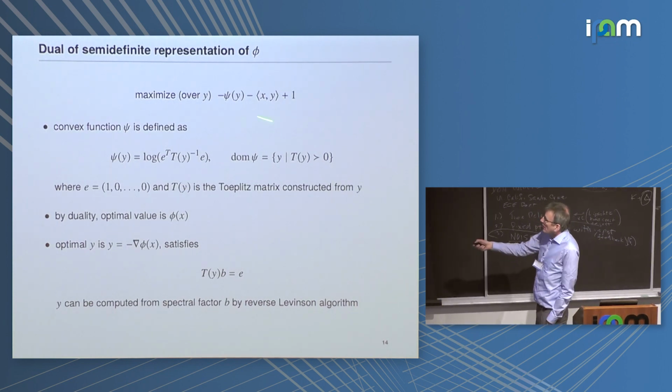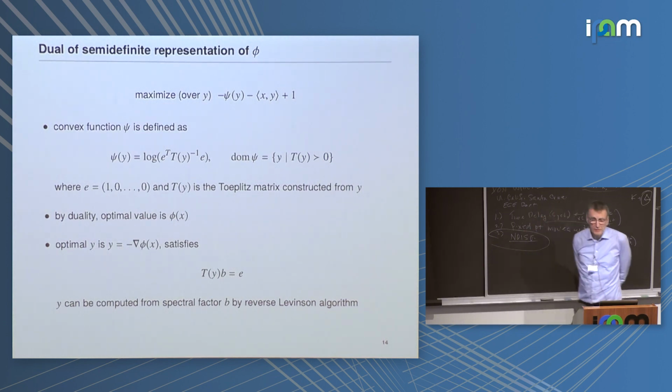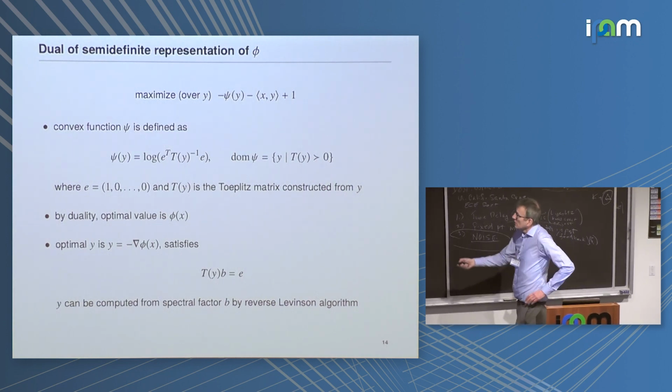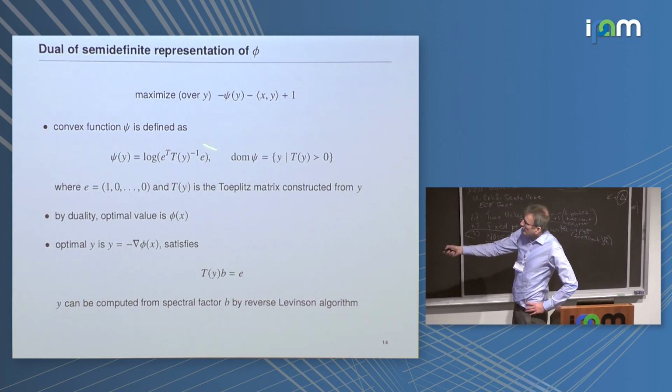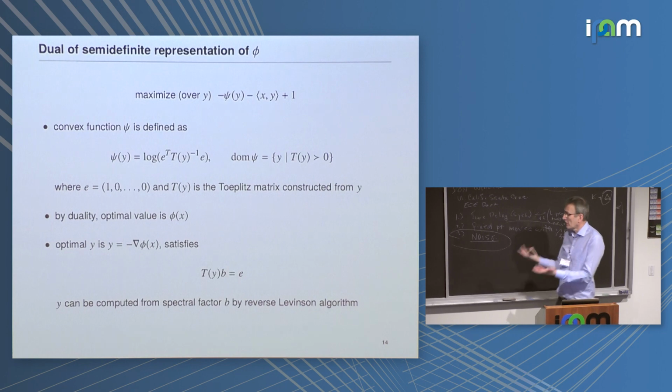And this function psi is defined like this. T of y is the Toeplitz matrix constructed from y. The domain of this function are the vectors y where that Toeplitz matrix is positive definite. Then this E transpose T inverse E is the 1,1 element of the inverse of the Toeplitz matrix. So E is just the first unit vector. So we take the first element of the inverse of that positive definite Toeplitz matrix, and then take the log,